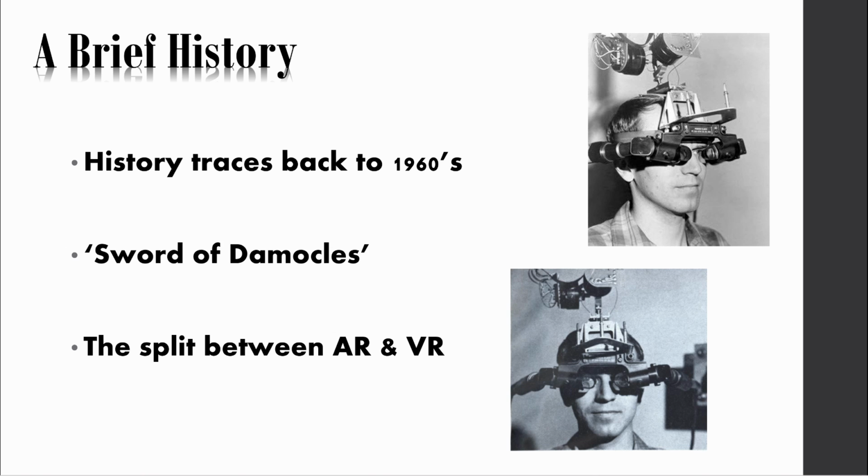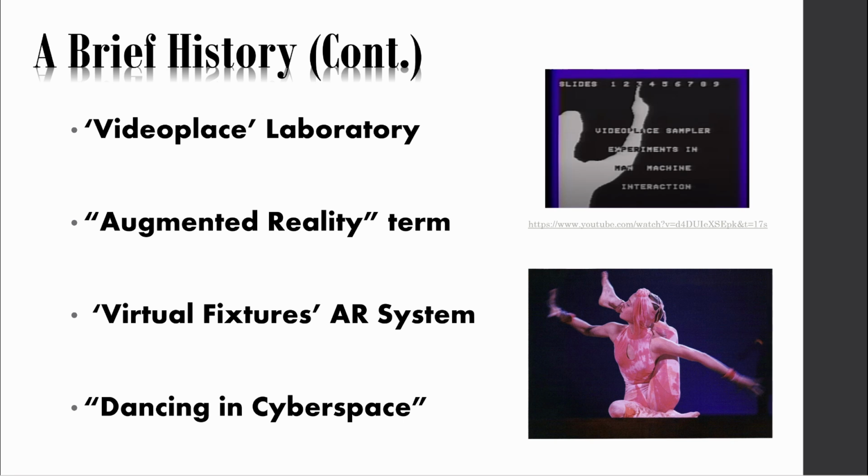But both augmented and virtual realities were considered to be the same concept or idea during the early stages of their developments. Then, in 1968, Sutherland's creation actually helped introduce the split up of the two ideas. In 1974, a laboratory solely meant for the research and development of artificial reality was built, and it was named the Video Place. This was built at the University of Connecticut by artist and computer researcher Myron Kruger.